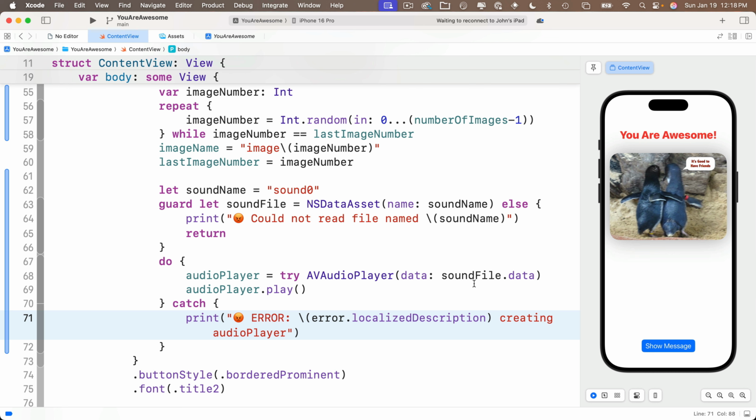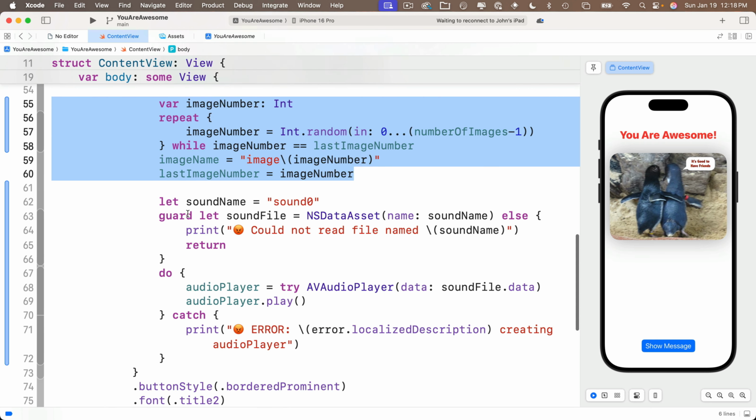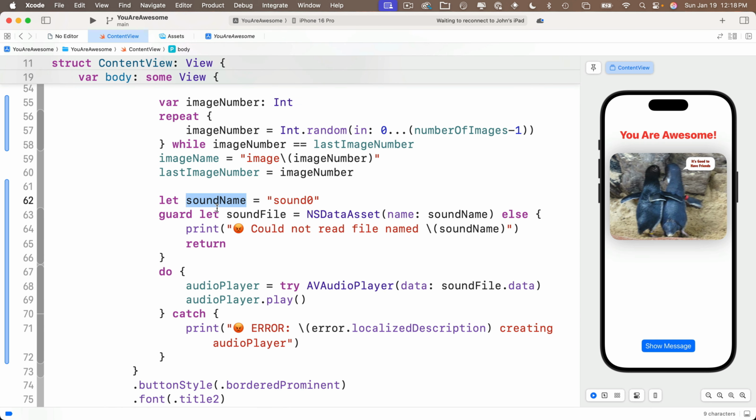Well, all right, we got our cheers with one sound, sound 0. So your challenge is going to be write code to play a non-repeating random sound from sound 0 through sound 5. Now your code to do this should be almost identical to the code you've already written to show the random image. Just when you're done, you should have a random sound in the variable sound name, and instead of creating image name, which has the string image in it, you're going to create sound name that has the string